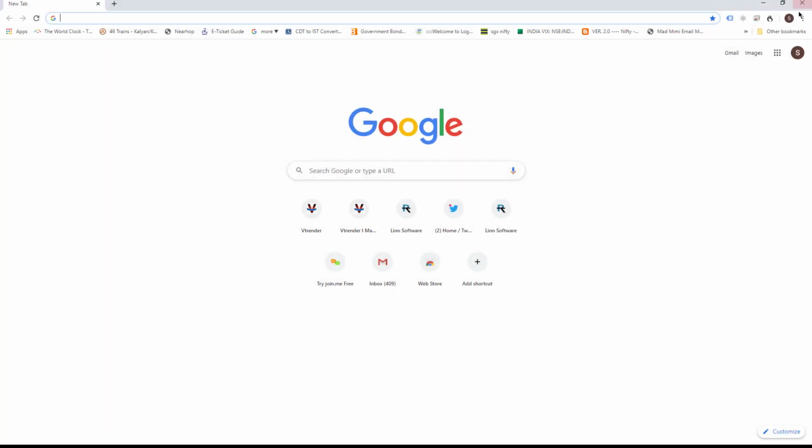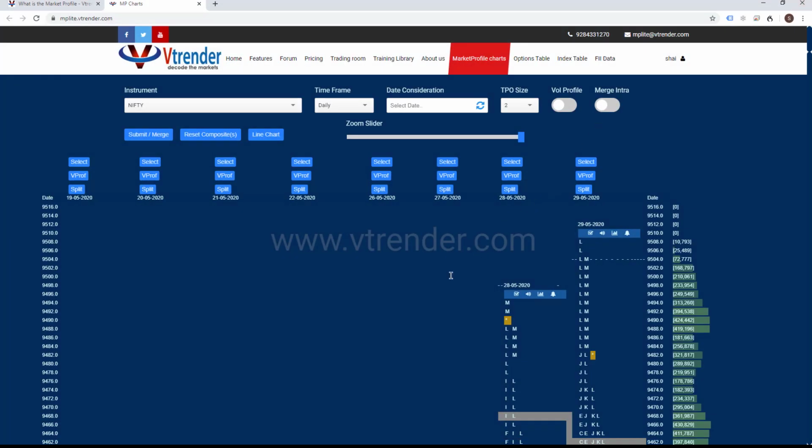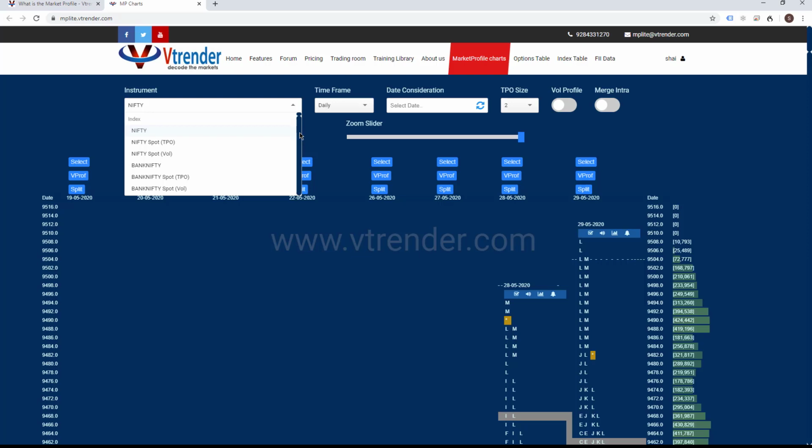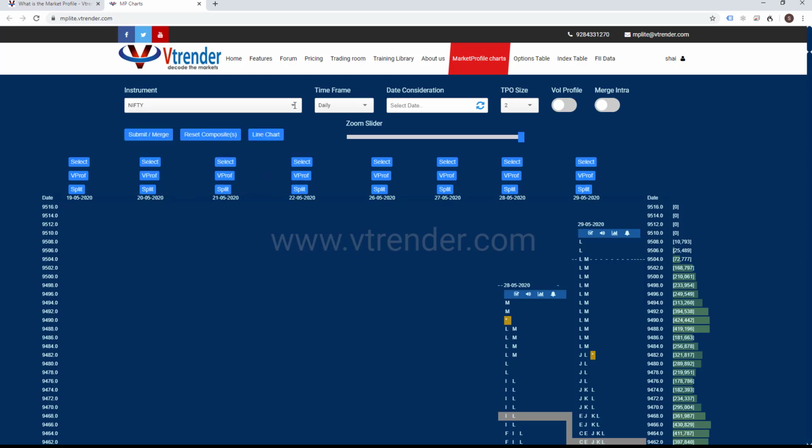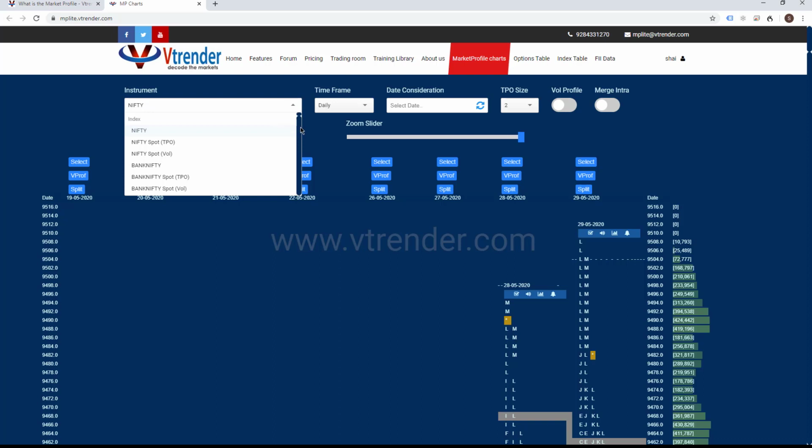Now, I've already done that, and I use these charts every day, so you can see me logged in and everything. So this is where you will get to this section where we have these charts for yourself, and you get to trade a number of instruments over here. So when we say Nifty, if you just click on this drop down, you will get all the instruments which are available for you to make trading decisions out of. So if you click on Nifty, it's actually the Nifty futures, the current month futures.